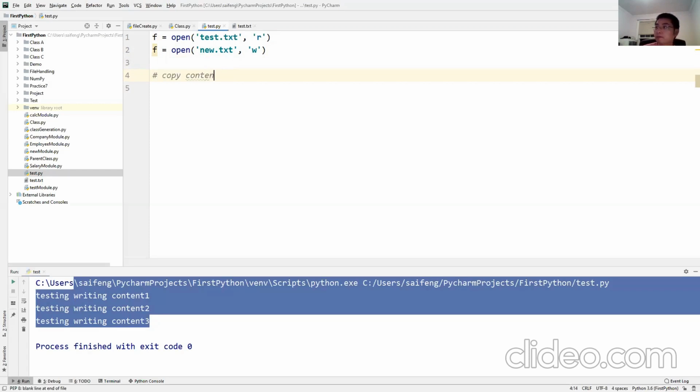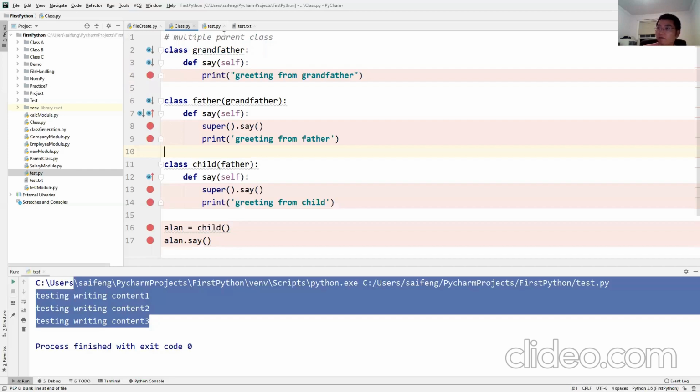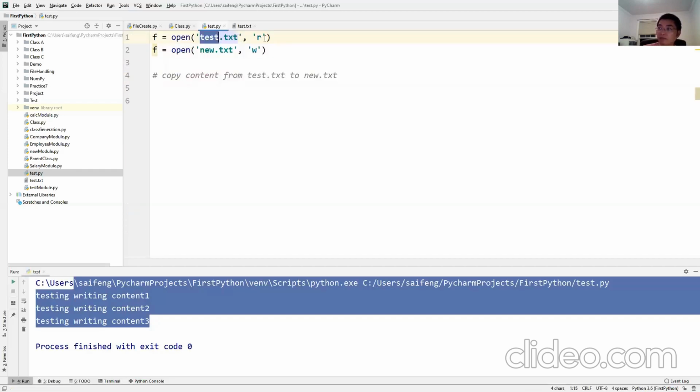I already opened two files, one is read, one is write. So now I want to write how to copy the content from test.txt to new.txt. I'm not asking you to manually do that, I'm asking programming to do that.